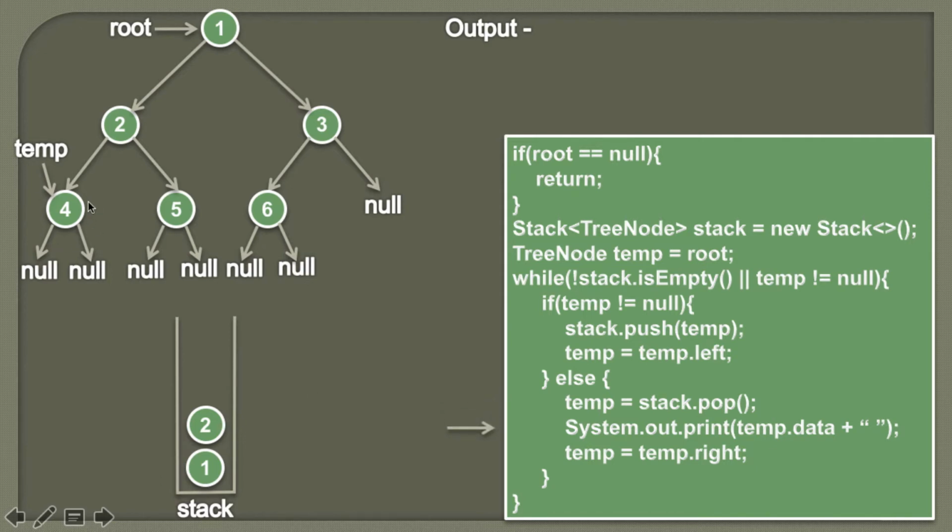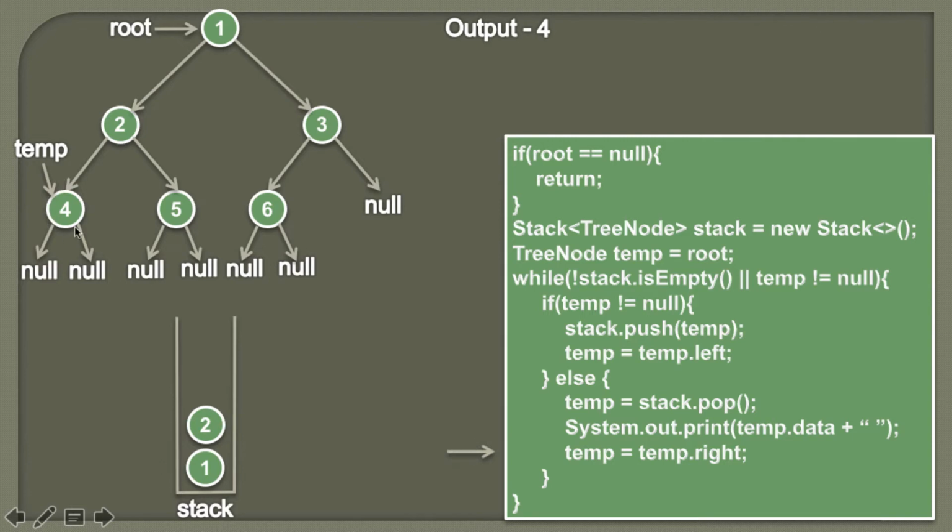So here for the node 4 we have visited its left subtree completely. So now is the time to visit the node 4. So on the console we are simply printing the data associated with the temporary node. So here node 4 becomes the first node to be traversed. So on the output 4 will be printed. Moving ahead.